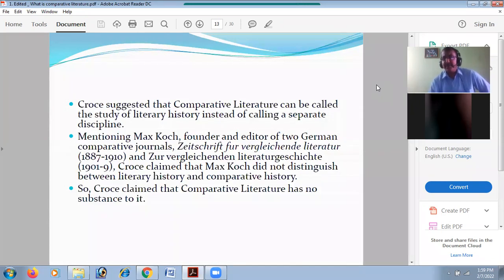So it cannot be called literature or comparative literature. So Croce said that comparative literature can be called literary history instead of calling it a separate discipline. And Croce very fantastically quotes another